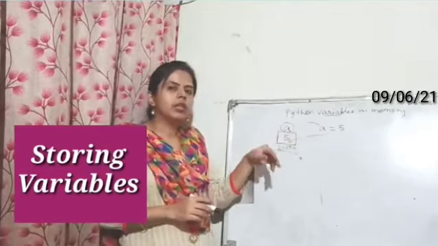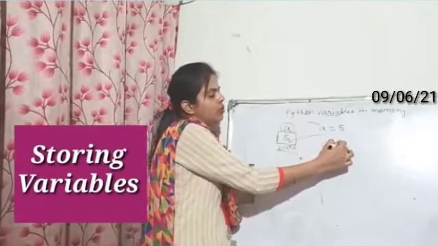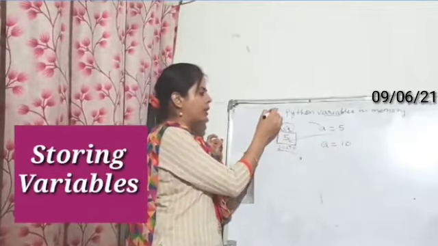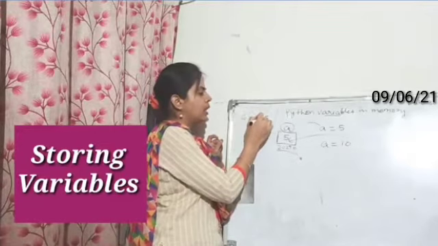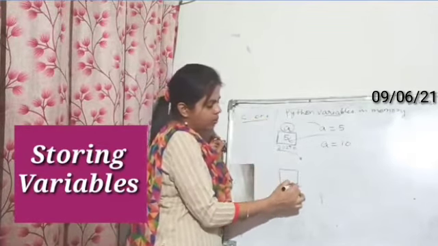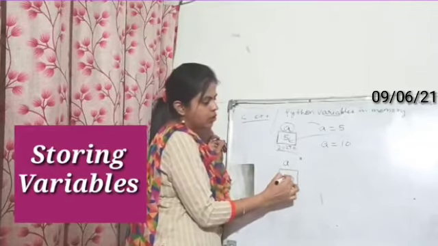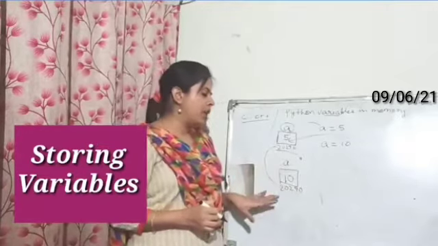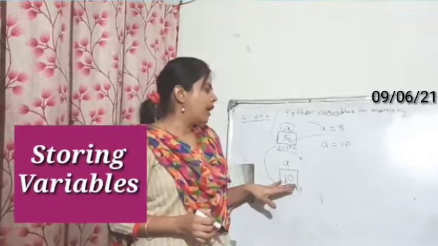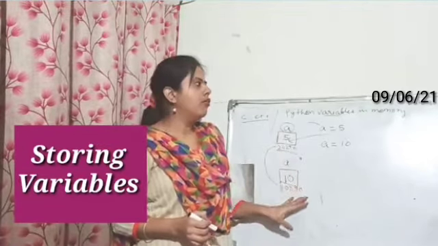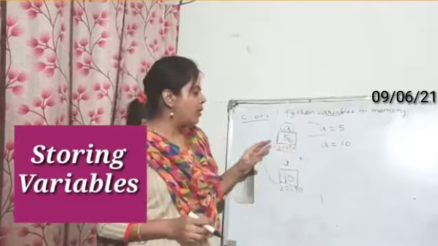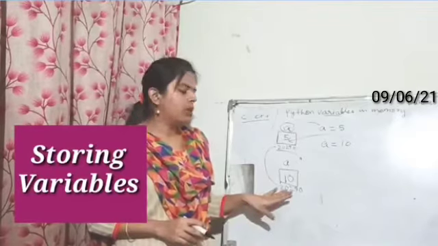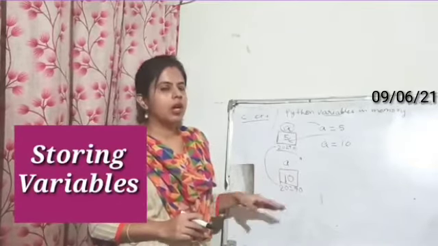Now for example, after this you have again written the line a is equal to 10. In different programming languages like C, C++, the value of a will be changed to 10, but the memory address will be the same. You can see here, the memory address and the label will be the same, only the value on that label will be changed. However, Python doesn't work like that. Whenever there is a change in the value, there will be a change in the location as well. So the memory address will change every time you change the value in Python.